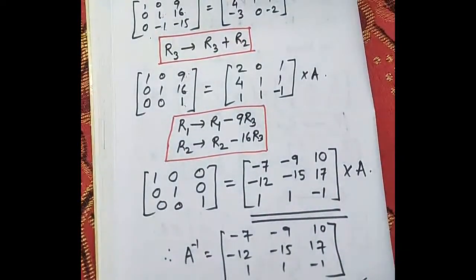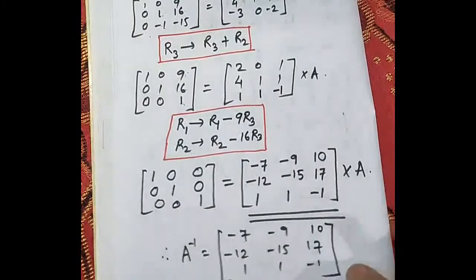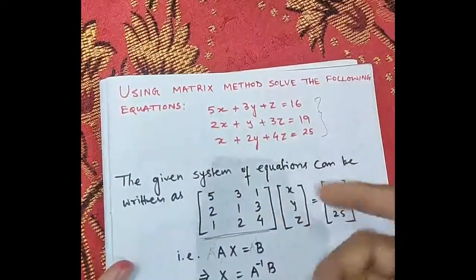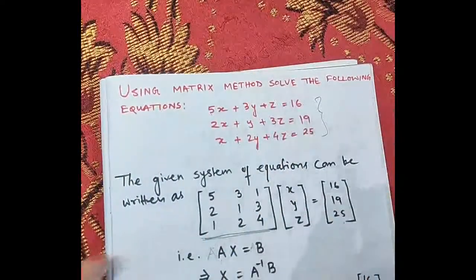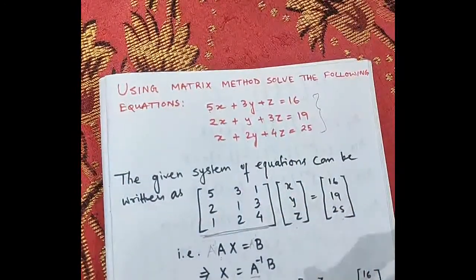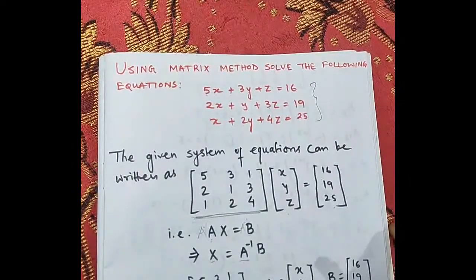So like this we have to find the inverse by elementary operation. Remember, a 6 marks question will come. There is a 70% chance that a 6 marks question will come either from this topic or from the next topic which we will learn in tomorrow's class. Either this question or that question will be there. So learn it very well, and you have to practice both.